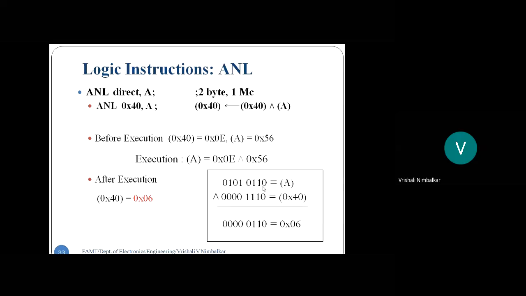So again, just take a quick look in that square box. Accumulator is 56. At this memory address 40 hex, the data is 0E. E is 1110, 14. Do the ANDing. 0 and 0, 1 and 1, 1 and 1, 1 and 0, 0. These are all 4 zeros, meaning the answer will be 4 zeros. So the answer is 06. Okay, students. So where will you get this answer? I will get this answer in the memory location. So after execution, I should go to that 40 hex to read the answer. Okay, so here your destination is a direct memory address.